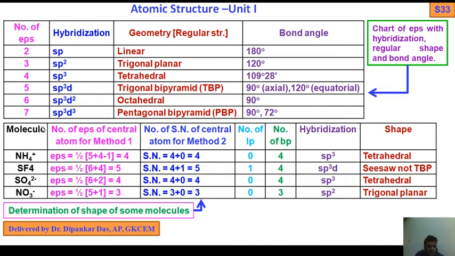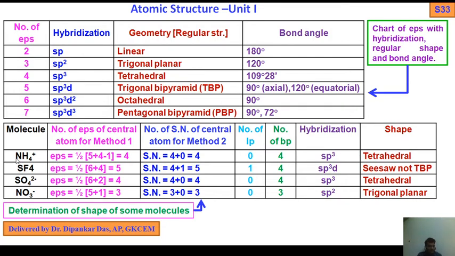Now the molecules I have shown here use method 1 and method 2, and I emphasize method 1, taking a neutral molecule, a cationic species and an anionic species. NH4 plus: between nitrogen and hydrogen, nitrogen is larger in size, so nitrogen is the central element. First you consider the larger size and less electronegativity. How many valence electrons does nitrogen have? 5. So the number of EPs of nitrogen equals half of 5.